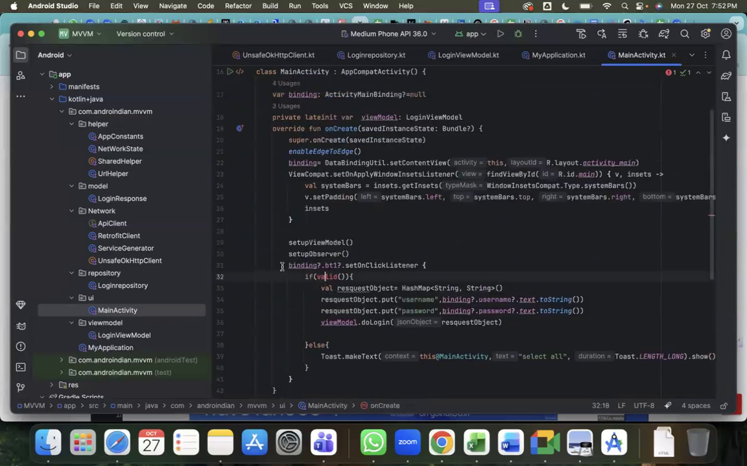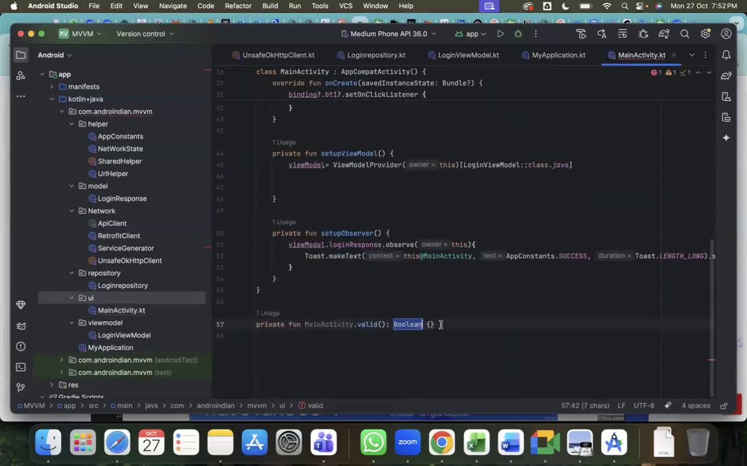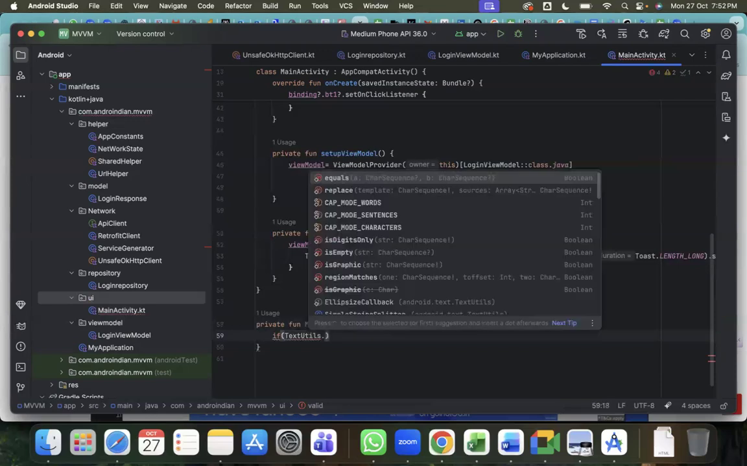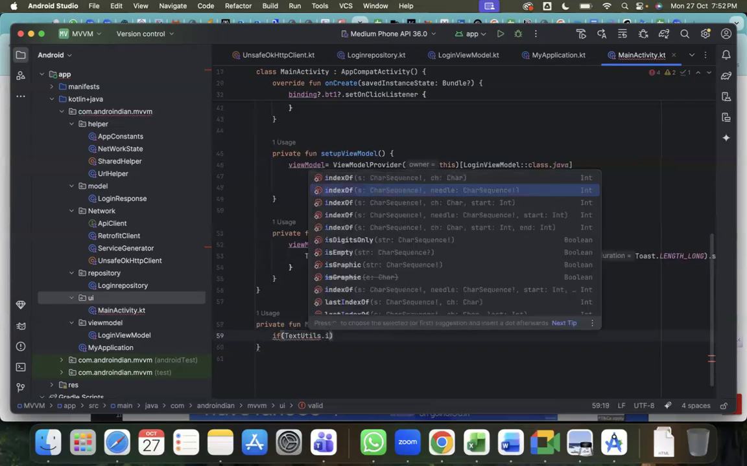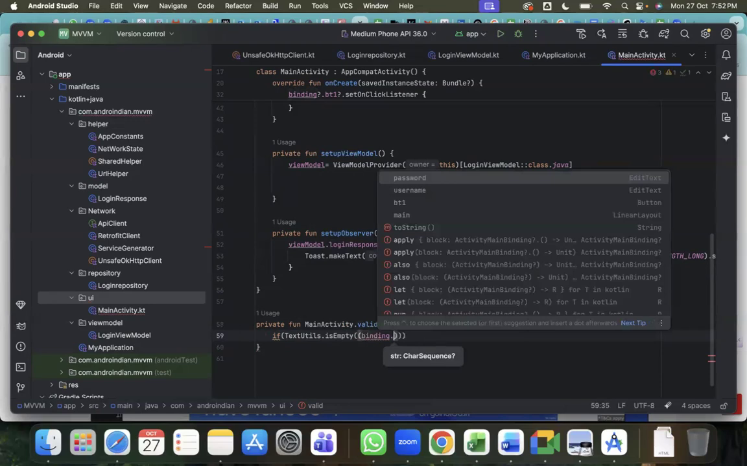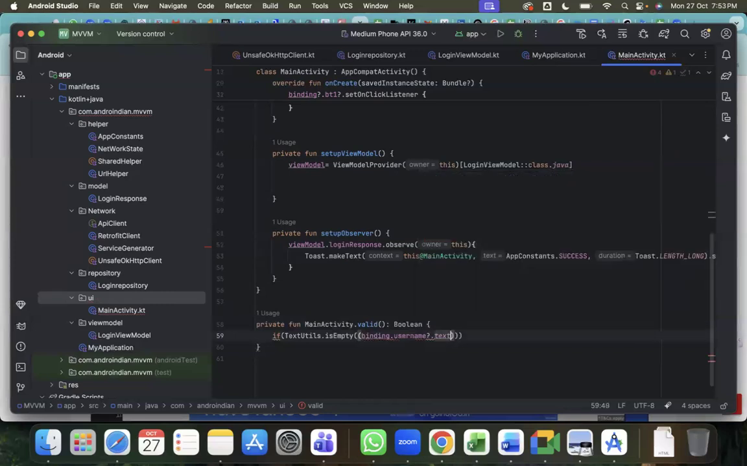Then we have to create this valid function. So if it is valid here, now here we have to write if text details dot is empty. So is empty, that is binding dot username dot text to string. So in case if it is empty,